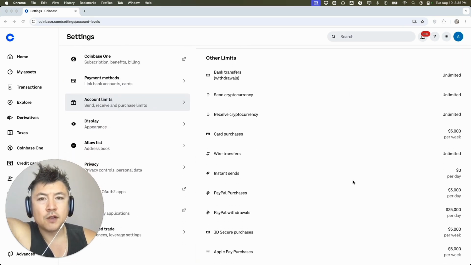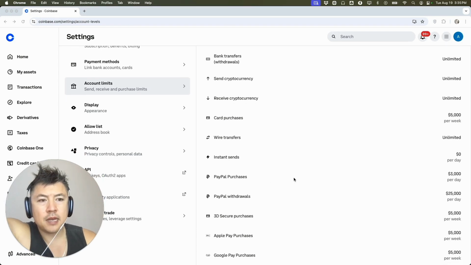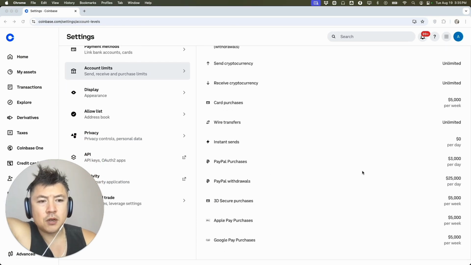check the other limits. So for example, right here, if you're going to do wire transfers, that's unlimited. If you're using your debit card, it's $5,000 per week. PayPal is definitely the smallest at $3,000 per day. Actually, no, it looks like Apple Pay and Google Pay are the smallest because it's $5,000, but that's for a whole week. As opposed to PayPal, it's $3,000 per day, and there's 7 days in a week, so that's $21,000